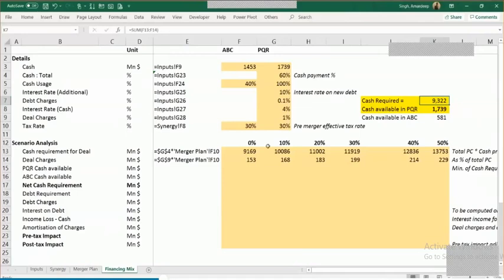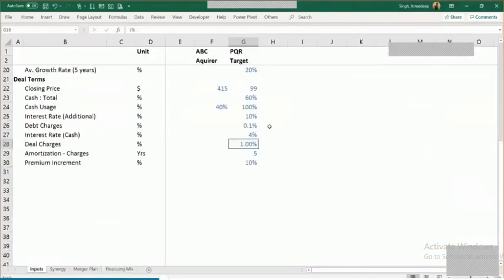So don't be tempted to straight away put this formula here, that this is equal to this multiplied by 100%. Do not do that. Because if you're going to do this, then you are invariably trying to say that I will always use 1.7 billion. But you also have to check, do I really need 1.7? In this case, I need 9.3 billion. So the answer is yes, I need 1.7. But let us assume, I'm just trying to change the assumption, say somebody who is receiving this file says that the cash payment is not going to be 60%, it's going to be only 1%.